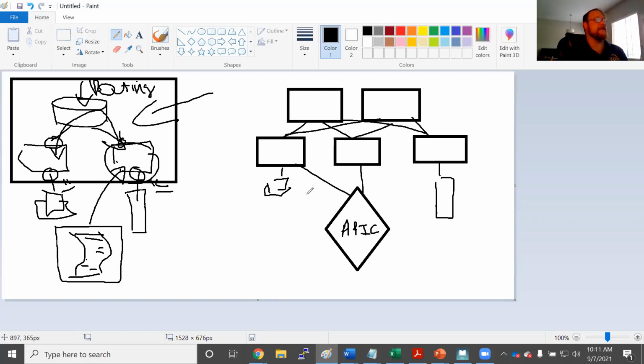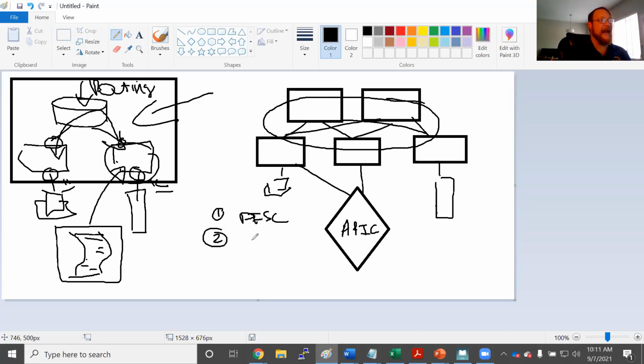Now, what the APIC is going to do for us, first and foremost, is discovery. It is going to discover all of these leaf and spine devices, and it is also going to discover the links between them. This is what's going to give you your equal cost multipathing. But that's not it. One of the biggest pieces for the APIC for us in ACI is policy. What we are going to do is build policy inside of the APIC,